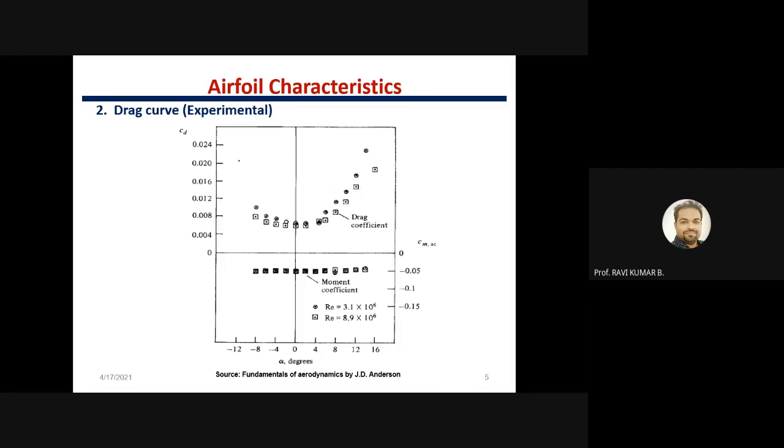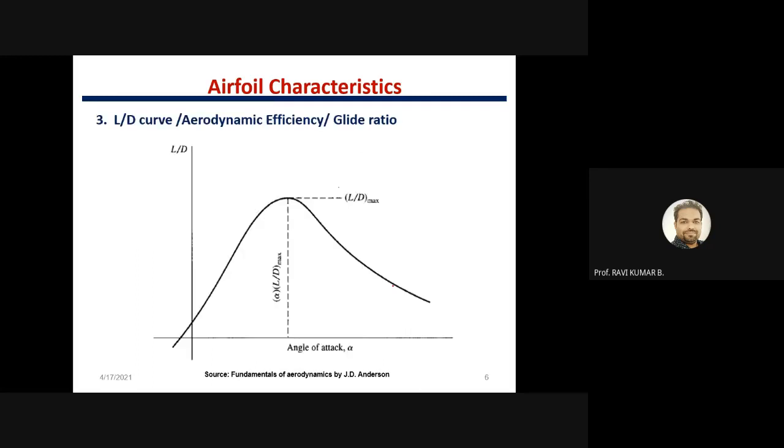So these are the drag coefficient values. It goes up to around 0.024, which was measured. And this is the moment coefficient, which is almost constant. At present we are not talking about this; we are talking only about aerodynamic drag. So the experimental data is also matching the theoretical one. There is a condition of minimum pressure drag, called the minimum drag condition, which exists exactly at 0 degrees, and after that, drag increases abruptly. This was taken from Fundamentals of Aerodynamics by John D. Anderson.